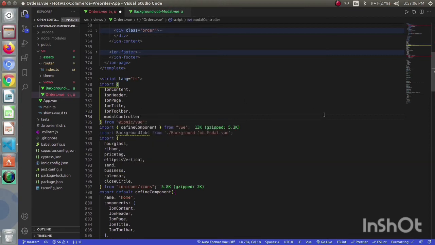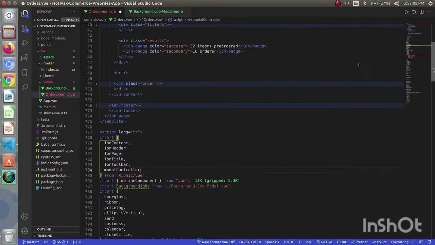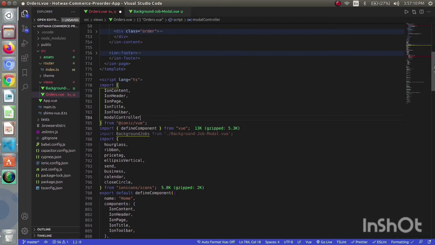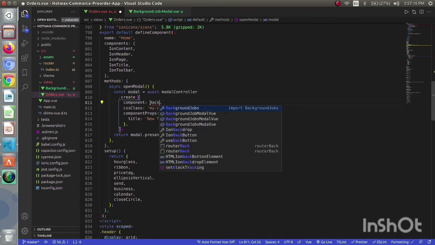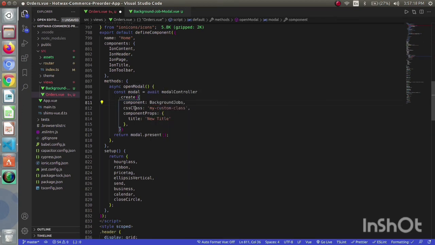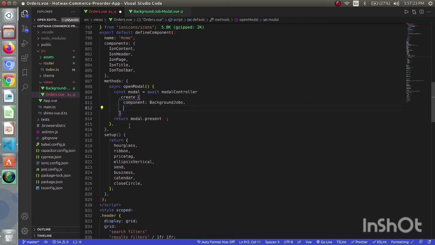Then I will rename the component from modal to background jobs, because I have provided the background jobs name over here, and I don't want the CSS class and component props, so I will remove them from here. Save it.